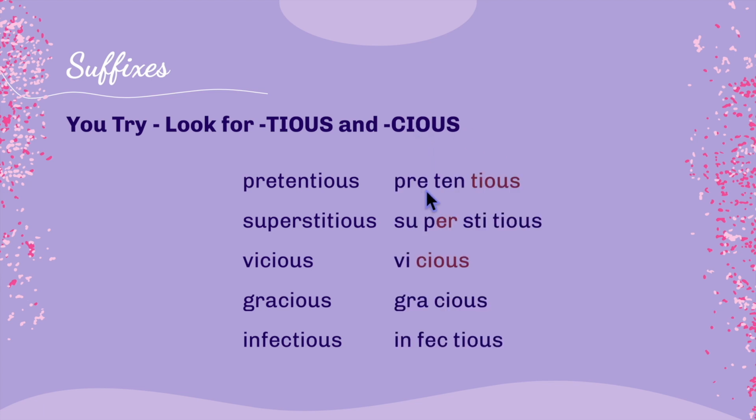We want to divide after a vowel before a single consonant here and before the suffix -shus here. Pretentious. Pretentious. After a vowel before a single consonant here. E and R together say er, so they stay together. If you don't remember that, you could take a look and see that we have three consonants in a row,